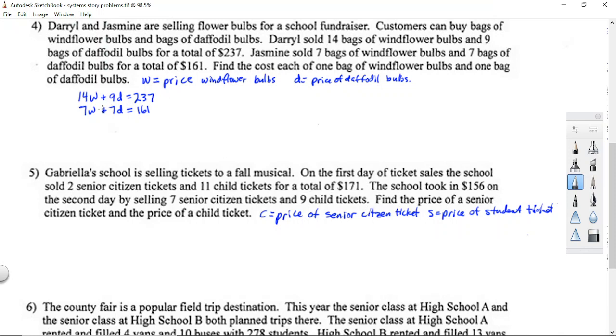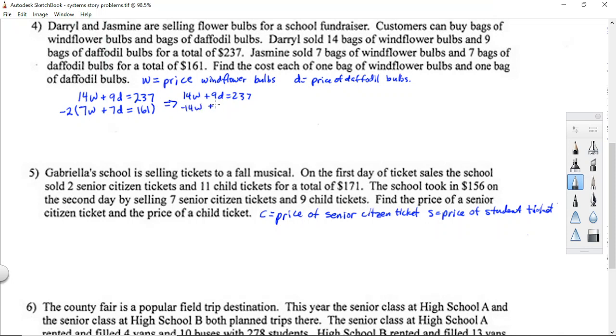So now we'll solve by elimination, and we notice, well, 14 is twice as big as 7, so we can eliminate the W by multiplying this bottom equation by -2. Okay, and then adding the two equations. When we multiply by -2, we will get -14, and that's what we're after. So we'll do that and write what we have over here. We simply write the first equation exactly like it is. The second equation we multiply by -2,